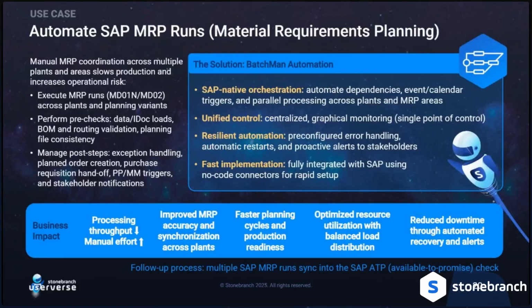Another very famous process that we do is material requirements planning. If you have a production company, you know that you have this product that you produce, and then you have these planning runs where you have half-ready products. You have to buy something from suppliers, and then you have these large MRP runs, mostly for different plants all over the world that you have to run. And at the end of the day, they go together, possibly in an ATP run, the available to promise. And this is just checking what do I have in stock, what do I need to order, and these runs are pretty much inside the SAP system.